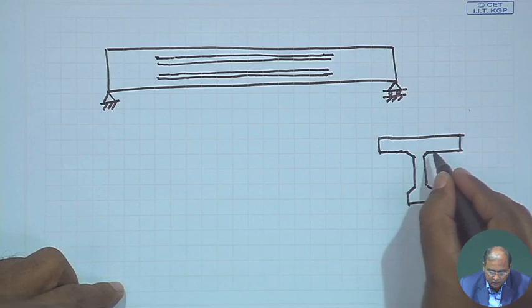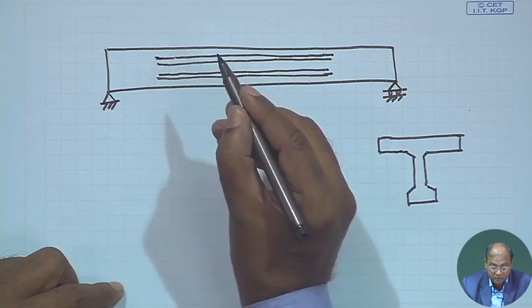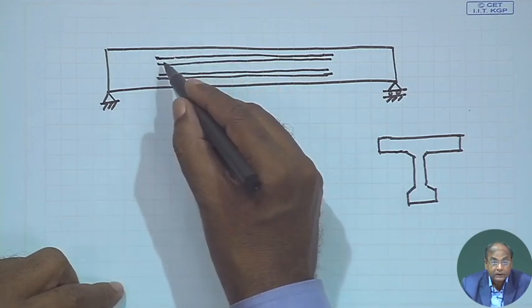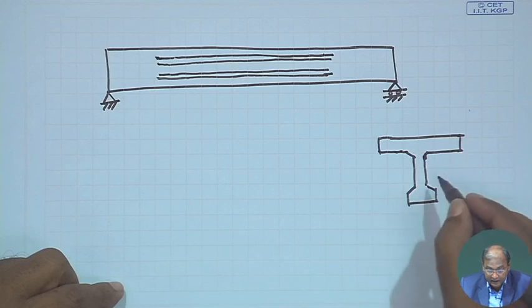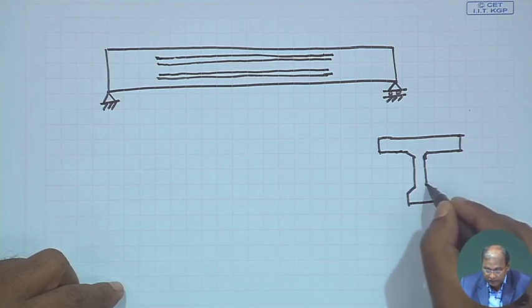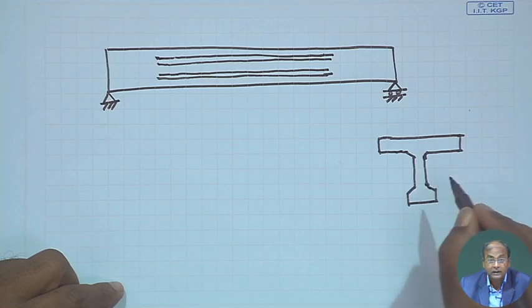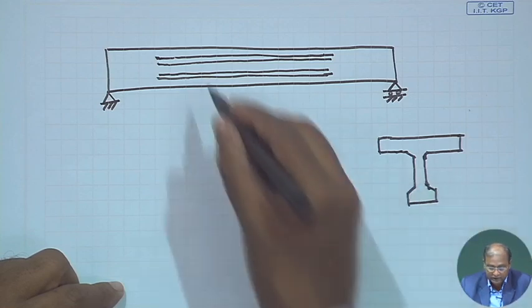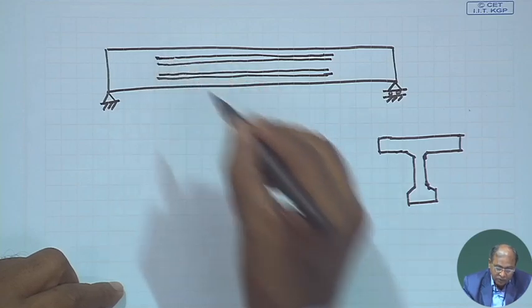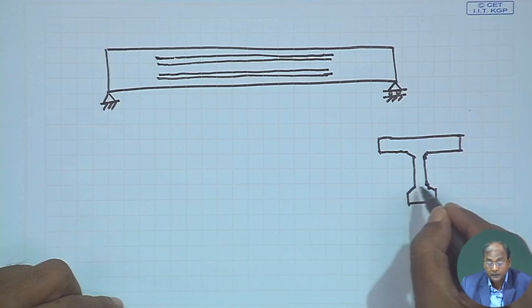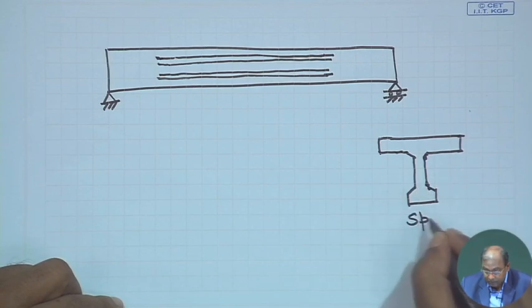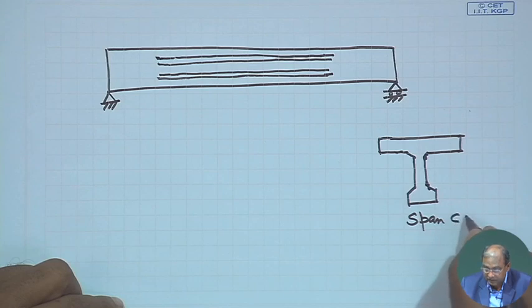So, one line you are getting here, this portion; another one if you cut it, we are getting here, this portion. That particular one we shall get here, and similarly we shall get it here also; we shall get two lines here, and here one line, here one line. Now, as I have told you, this is one support, sorry, span. This is the one we are having, say span cross section,